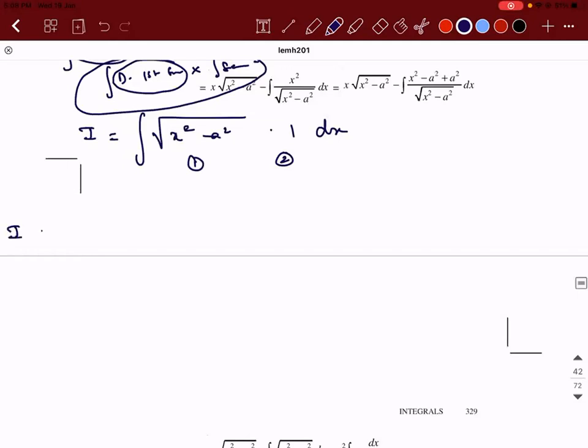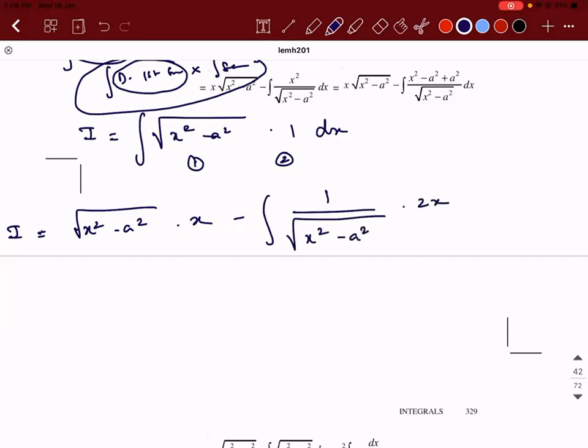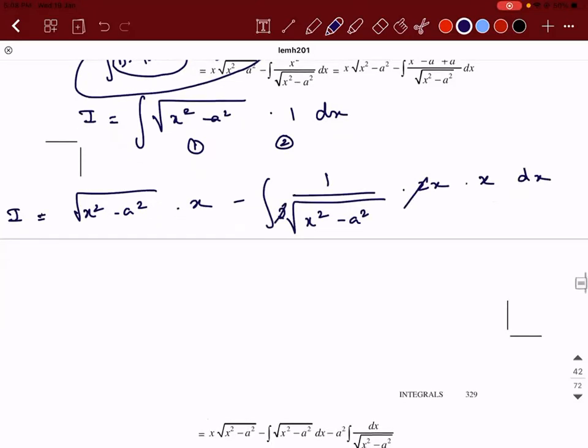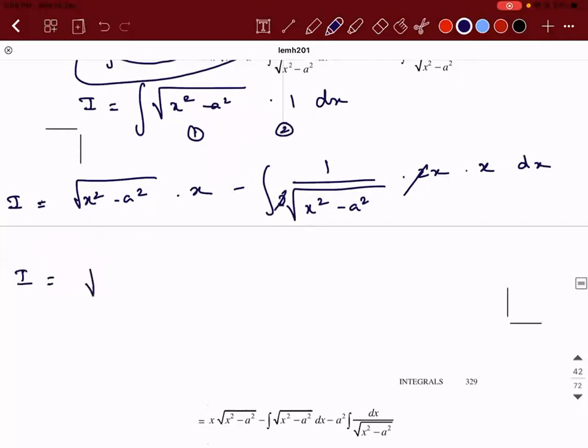So I will be equal to the first function into the integral of the second function, minus the integral of the derivative of the first function, 1 by 2 root of x square minus a square into 2x, into the integral of 1 dx, that is x. So 2 and 2 will get cancelled. I will be equal to root of x square minus a square with an x